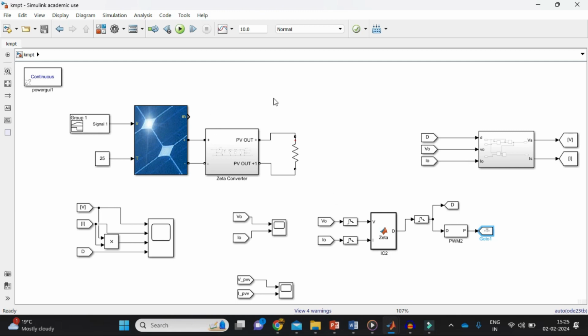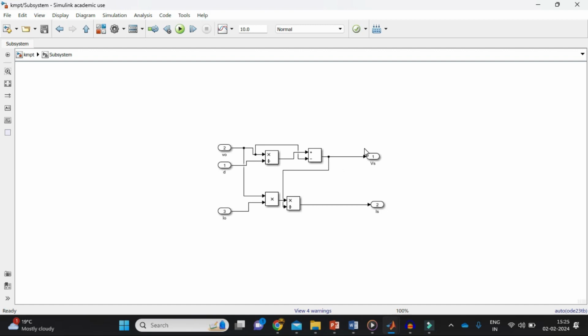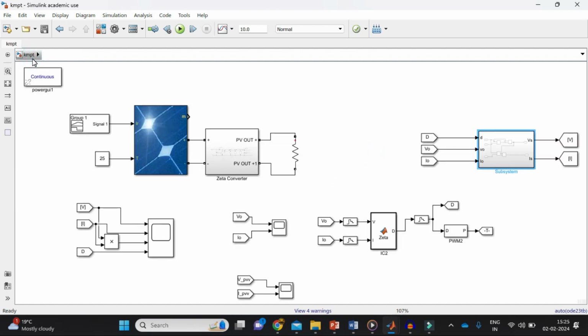Now basically this is working in a closed loop fashion. What I'm doing here is I'm considering the output voltage from here, the output voltage, and the similar logic I have created here to generate the input voltage and input current. That is very simple logic. Now that is actually used